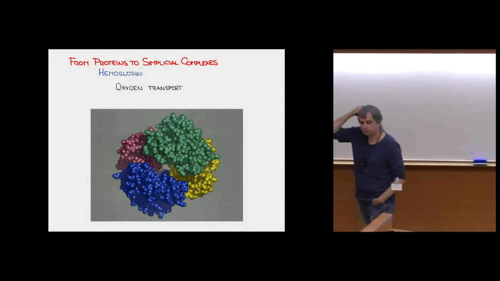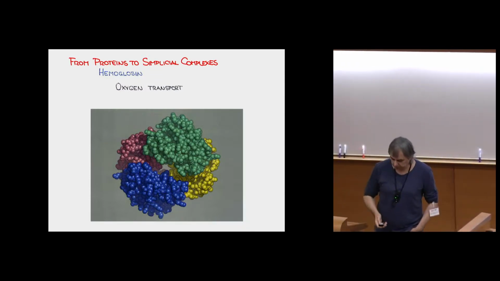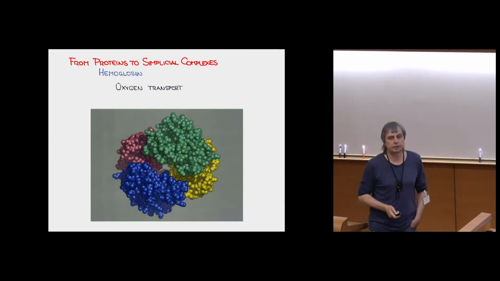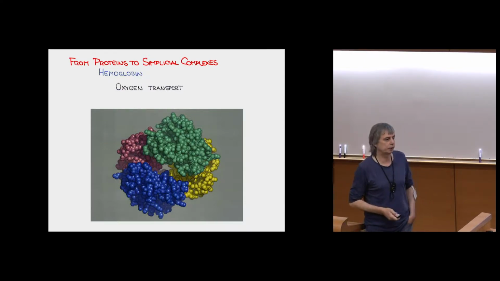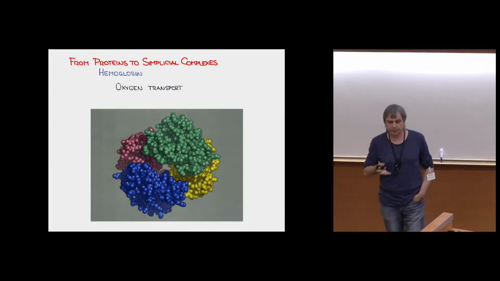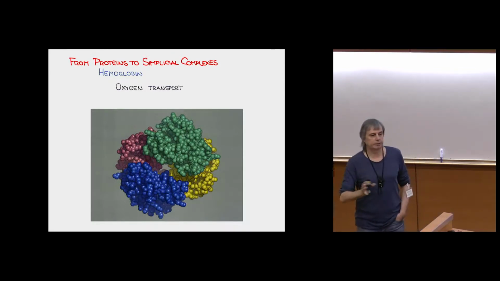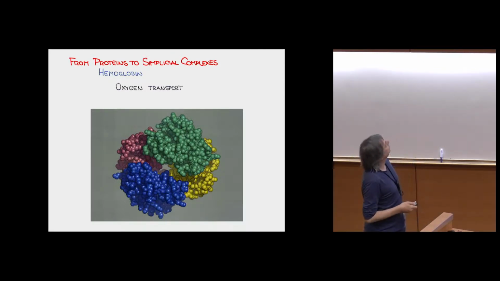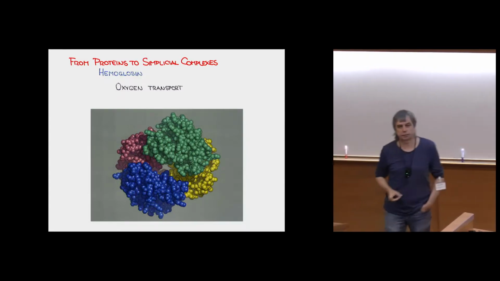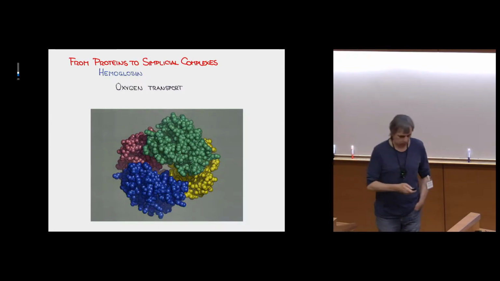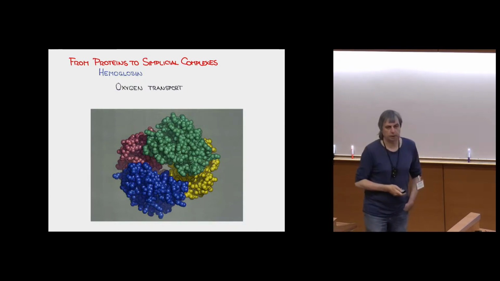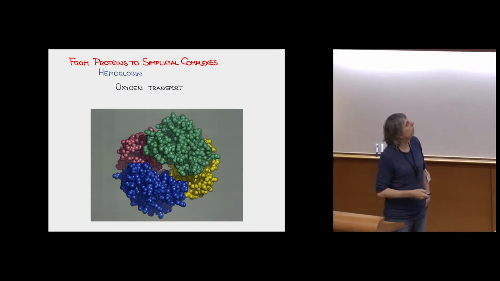So I start at the beginning, that I learned from biochemists that you can actually, to some extent, think of a protein as a geometric object. So the standard idea there is to replace every atom by a sphere, possibly different radii. Here they're all the same radii. This is hemoglobin, colored conveniently, so you see the four different domains that come together. So this is responsible for us to be able to breathe.